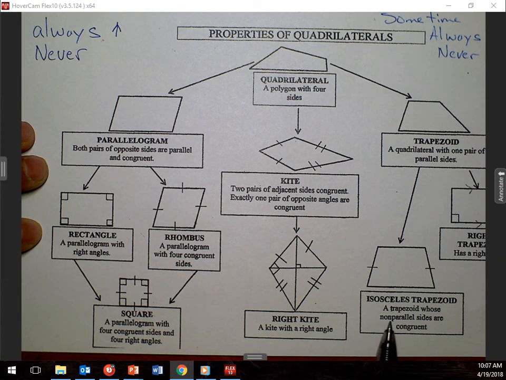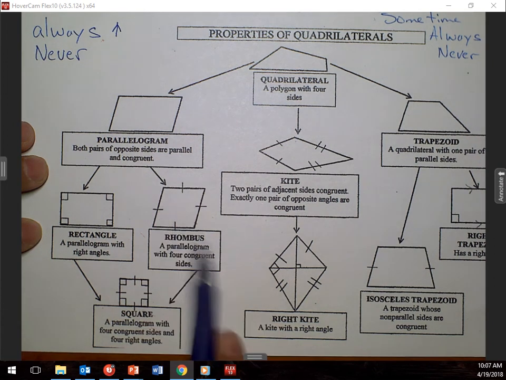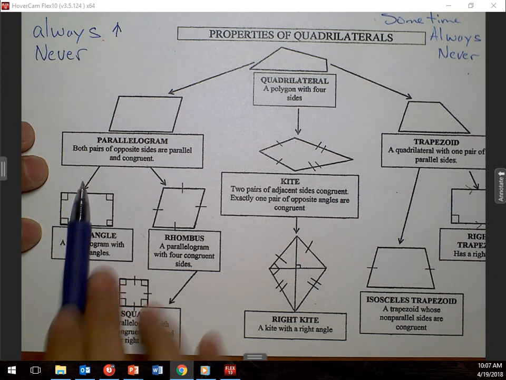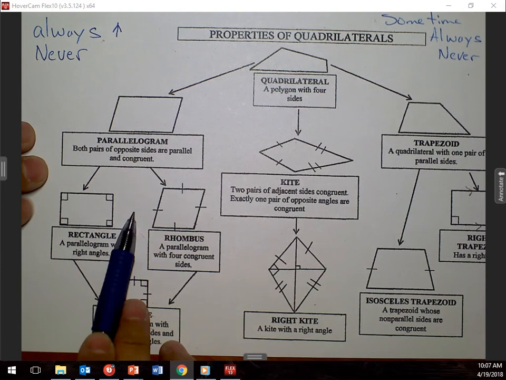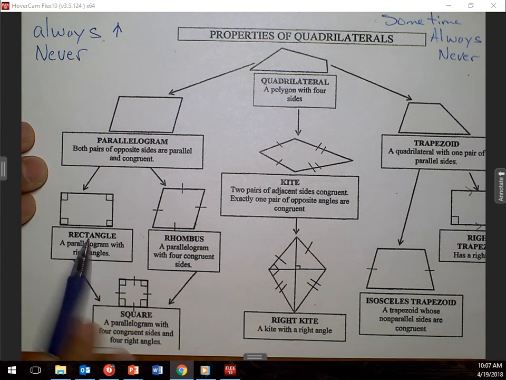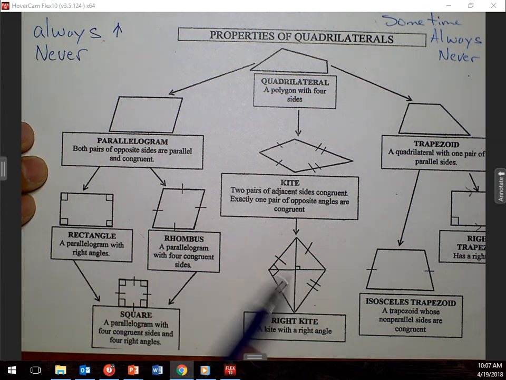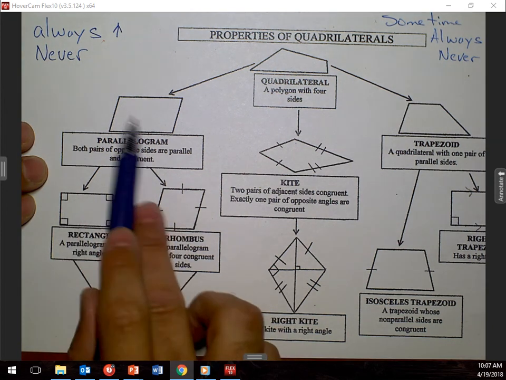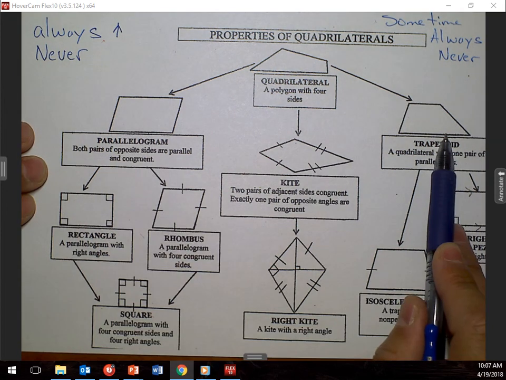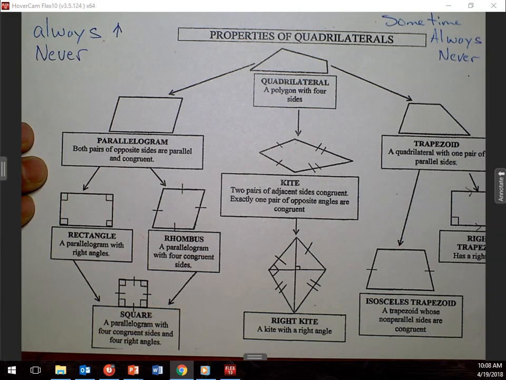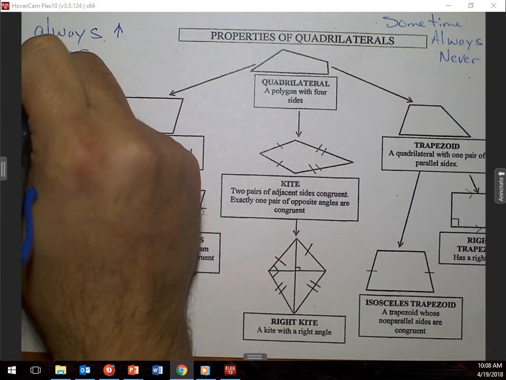Do you know why? Rhombus has all four sides the same. A rectangle has to have opposite sides the same, but they're not going to be the same length. So these don't go together. So these are never. Just like, is a parallelogram a trapezoid? No. And you would say how often? Never. That's a never. And then sometimes